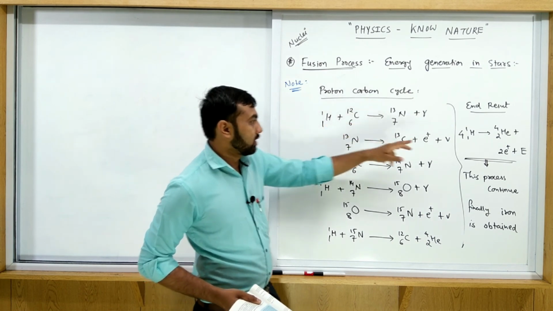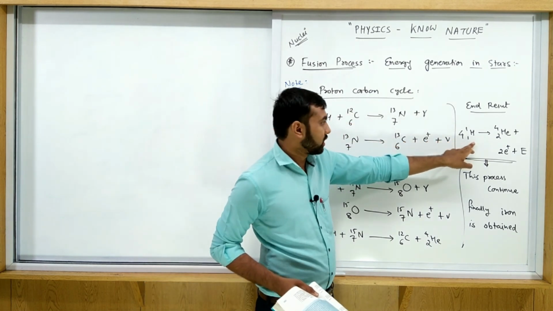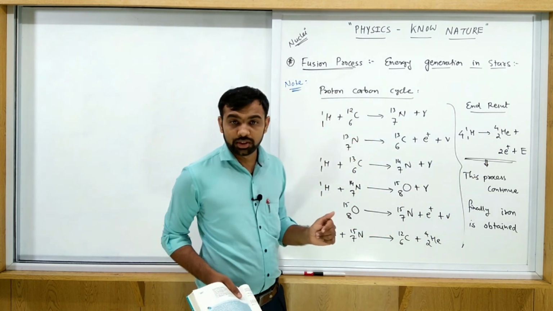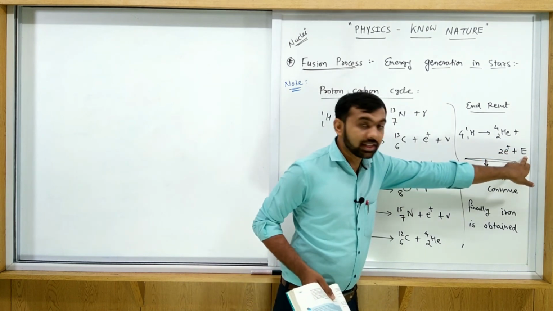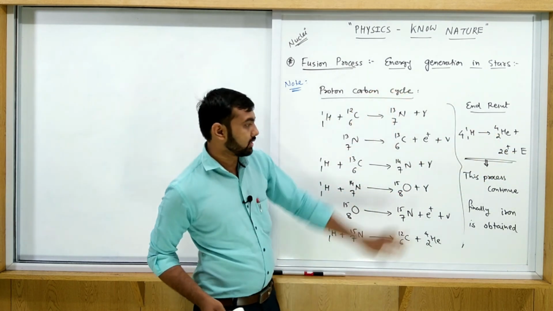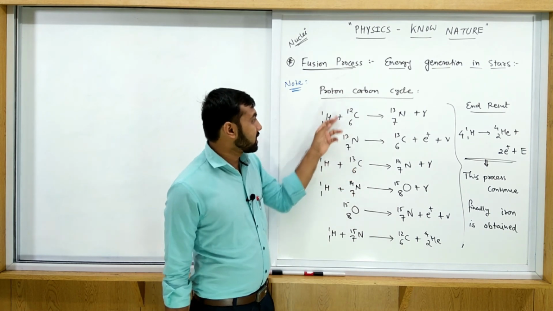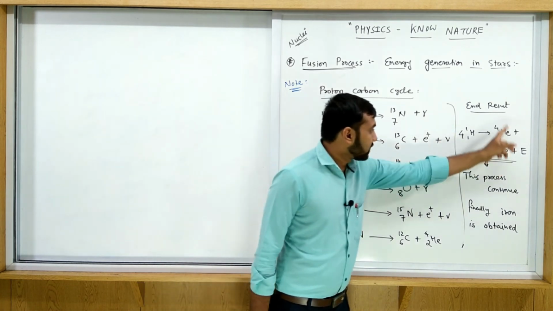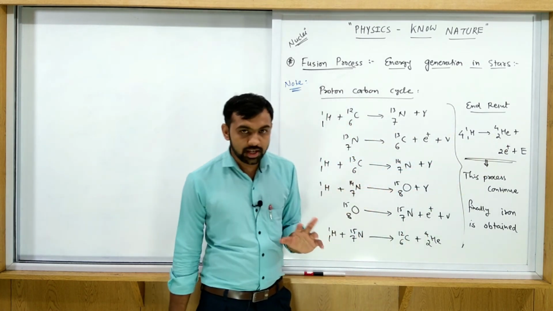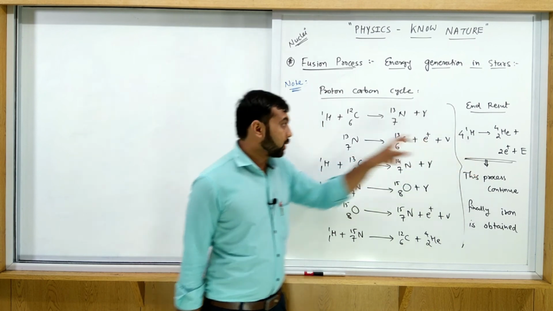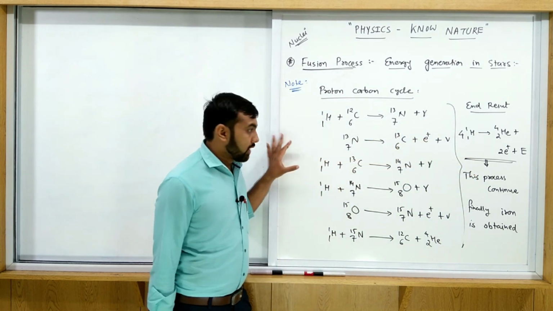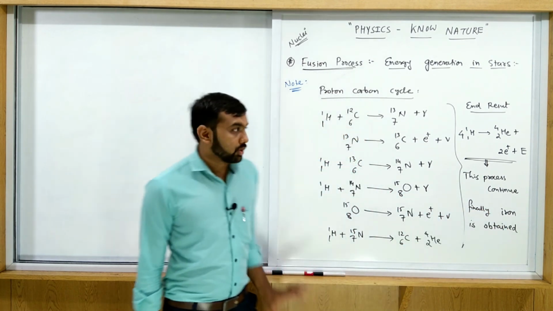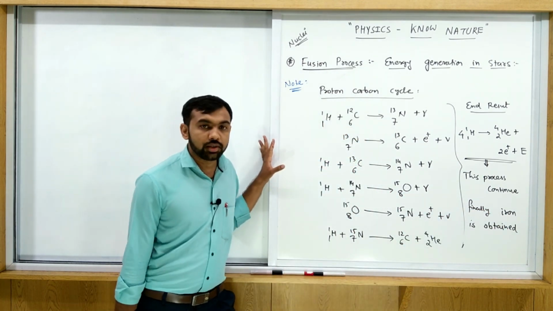In a proton-carbon cycle, 4 hydrogen nuclei combine with each other and form a helium nucleus, exactly similar to the first process, and finally some energy is released here. After calculating this, we get this answer. In this process, carbon is just used as a catalyst, and finally we get this end result. So in the proton-carbon cycle, we get the same result, and this type of process continues. Finally iron is obtained. So that is just one process, for information.